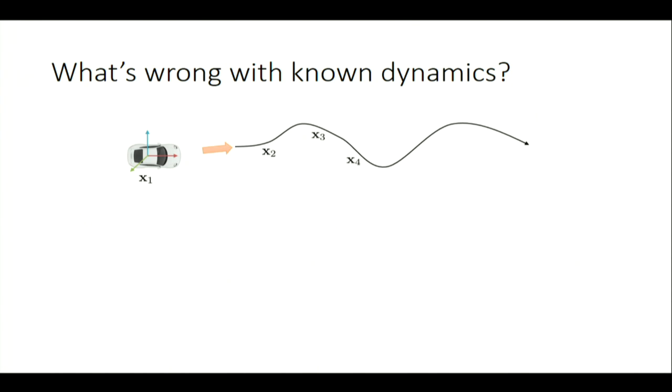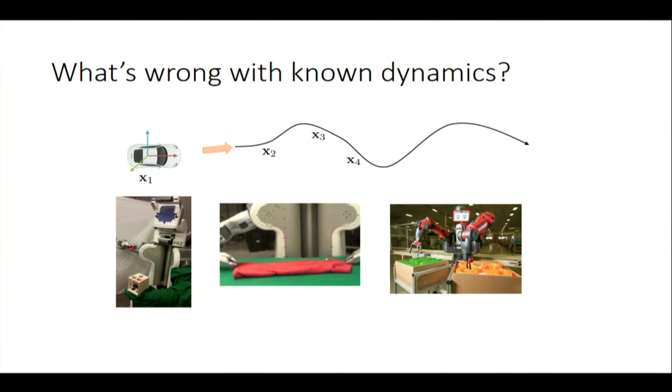But in some cases, that's not a reasonable thing to assume. For example, if you're doing a robotic manipulation task and your robot needs to fold some towel, the physics of that thing are pretty complex. And more than that, if you actually want to know the physics of this particular towel, understanding its material properties and so on, that can be very, very difficult. So it'd be really nice to be able to deal with cases where we don't know the dynamics to start with. That's what I'm going to cover next week on Monday, is how we can actually learn dynamics of